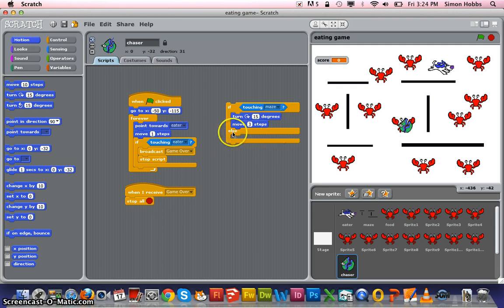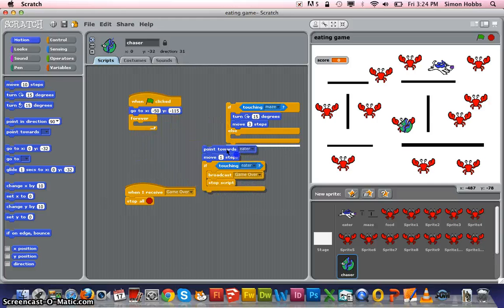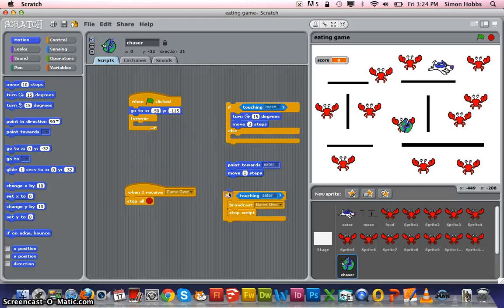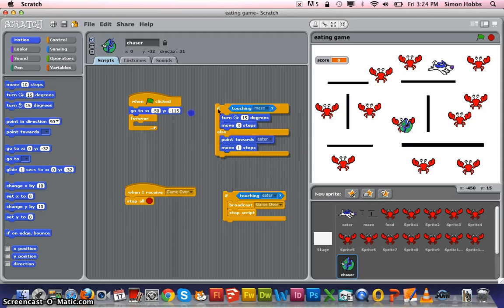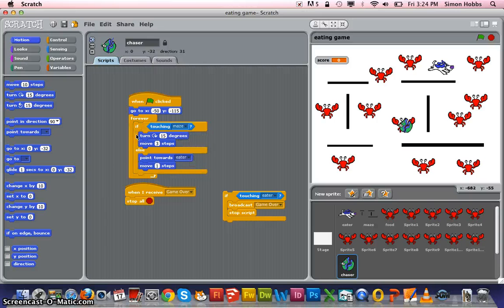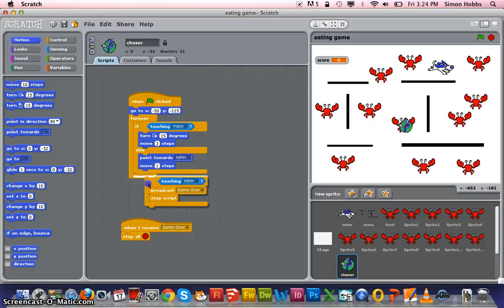Else, it means otherwise. If it's not touching it, we can drag this bit out over here. So if it's not touching it, then we can get it to point towards the eater and move 1 step if it goes in. Okay, so again we should be able to put this bit in here, and we can simply drop that bit in here. Okay, I'm not sure how this is going to look, but